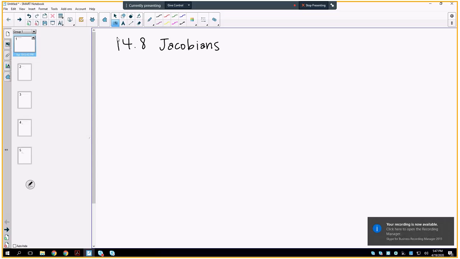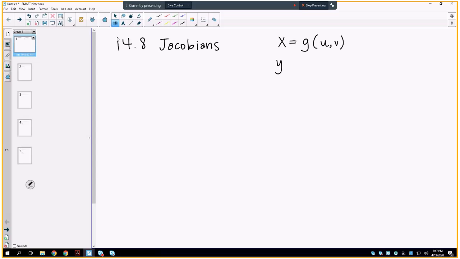So Jacobians are, of course, named after the 19th century mathematician Jacobi. And what he found out is, just like when we do a change of variables for a single integral, like a u substitution, we know that we have to multiply by the derivative in order to account for that change of variables. We'll have a similar thing when we're changing in terms of two variables. So we say if x is a function of u and v, and y is another function of u and v, just like when we changed to polar coordinates, u was r and v was theta,